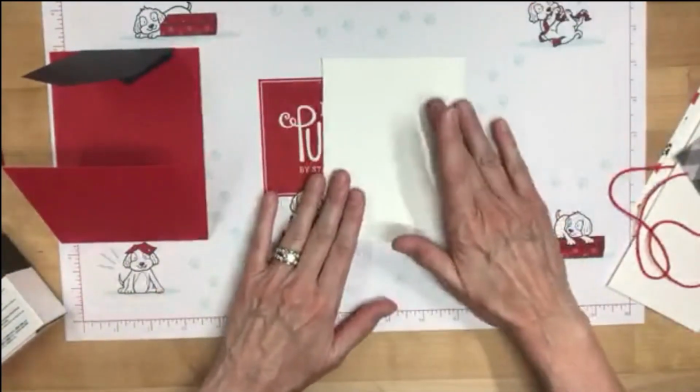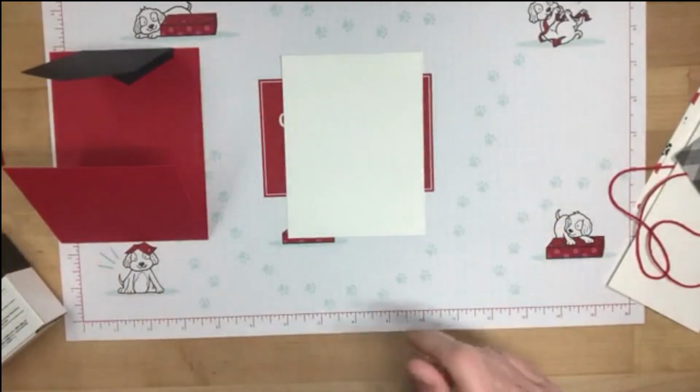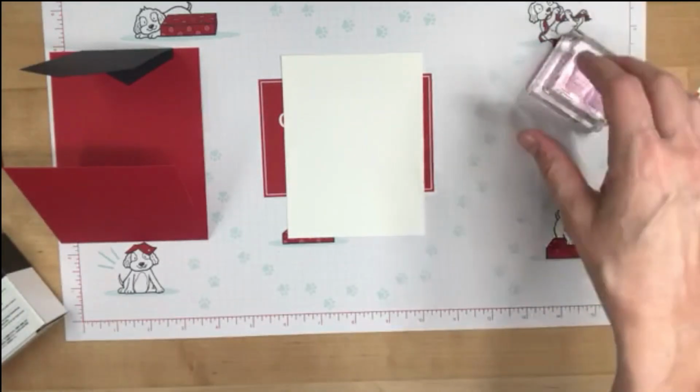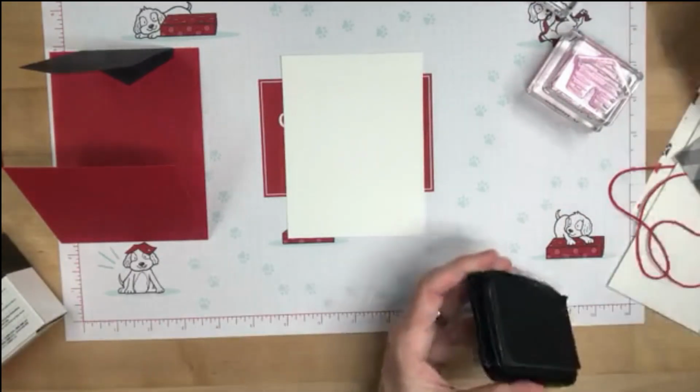I'll set it aside while I work with the inside. So this is going to be my inside piece, which measures 4 by 5 1/4, and we're going to stamp a little doghouse inside and a little bone to decorate it up. So I'm going to take,